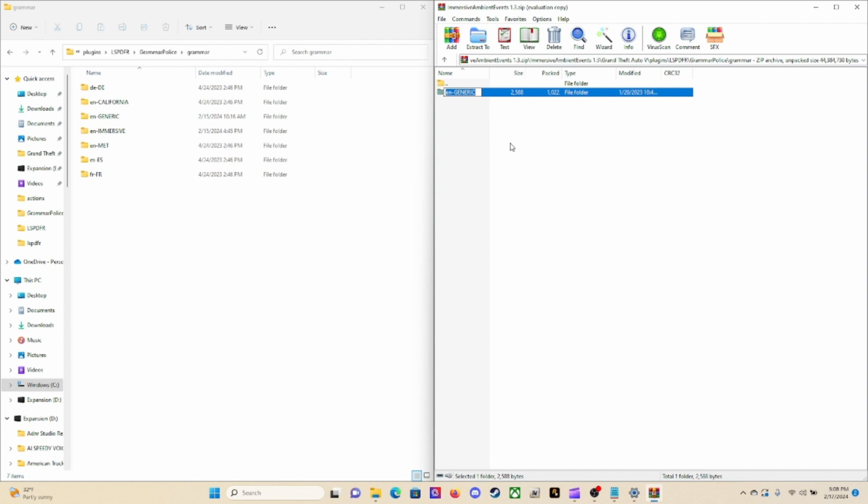Hit left control V, as in Victor, to paste that in. All right, and it does make a difference in this plugin in your game. So that's what to do right there. If yours says immersive or any other file that you put in other than the generic, you are